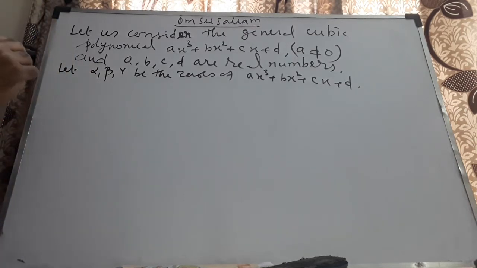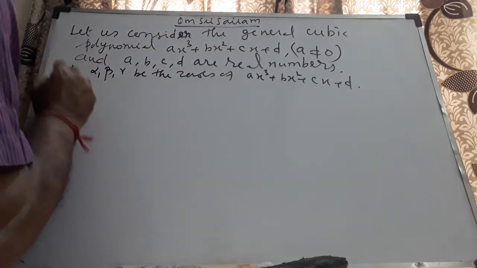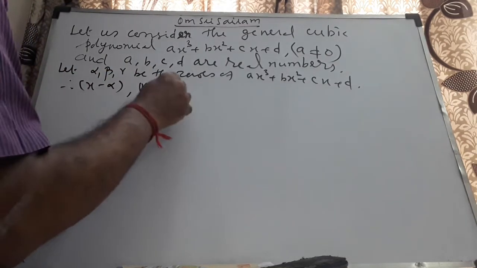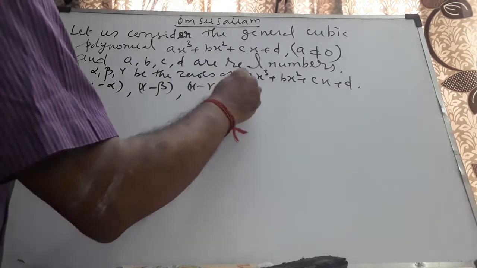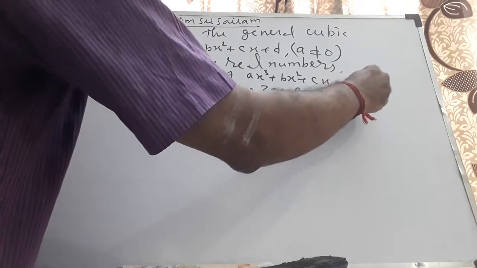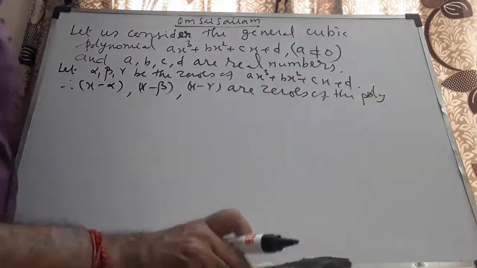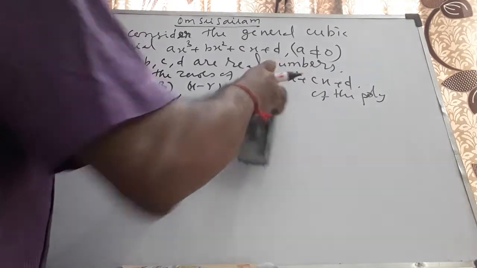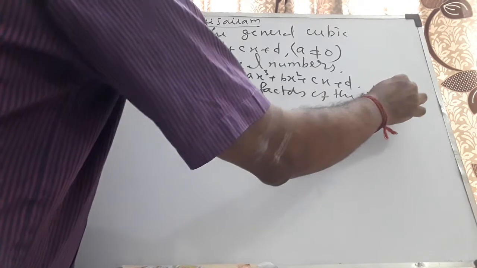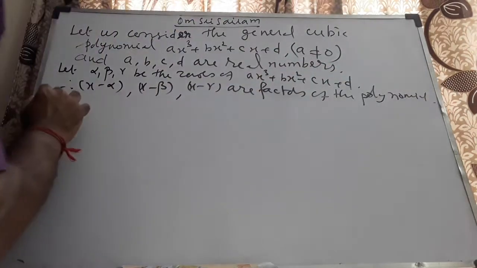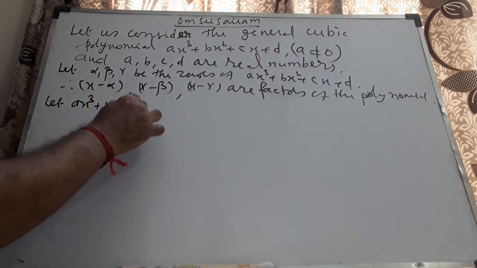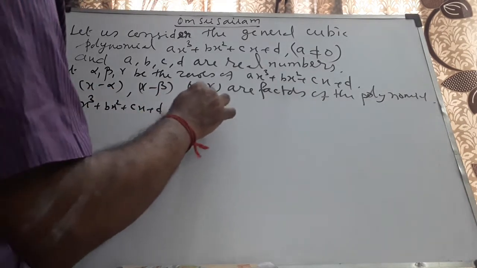Therefore x minus alpha, x minus beta, x minus gamma are factors of the polynomial. Therefore, let ax cube plus bx square plus cx plus d be equal to some k